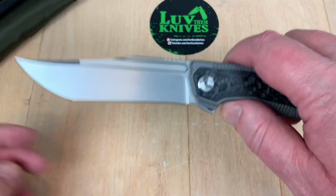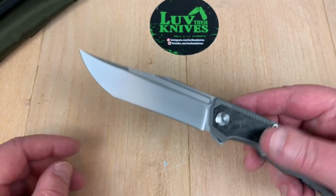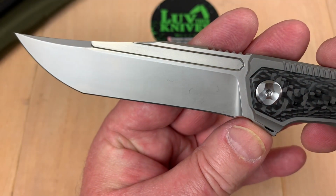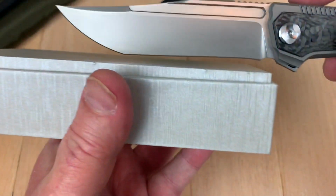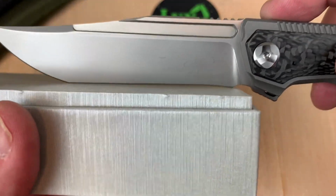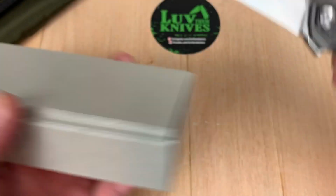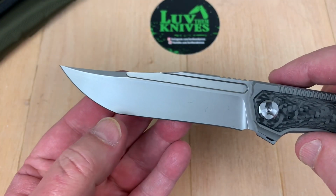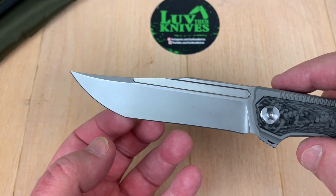So this I would have changed a little bit, right? It almost looks like you've got a slight recurve, but do you really? Hold on, let me put a box here. Do you really have a slight recurve? Now I'm trying to see through that. Maybe. And then this thing here, I think I would have taken the kink out of there and just kept sweeping it. I would have got this corner out. And I know that's kind of picky, but